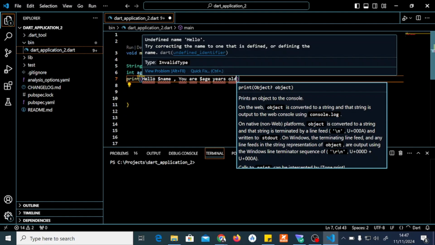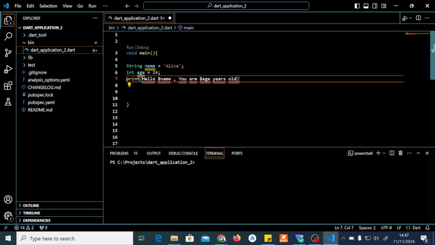Okay, I forgot the quotation. That's why you've been seeing those errors. So, semicolon. So we have started with the main function, and we have said string name is equal to Alice, integer